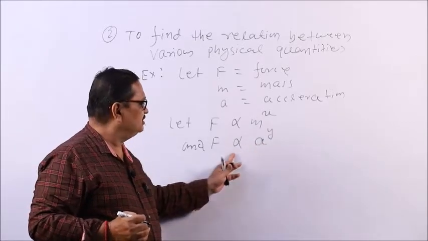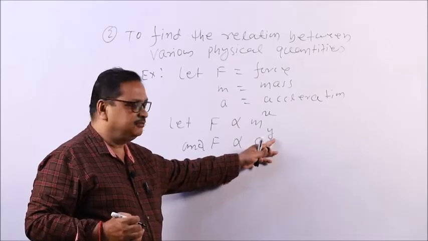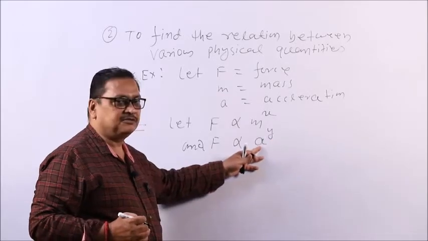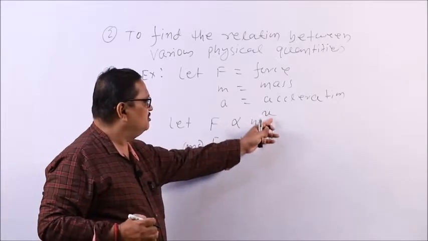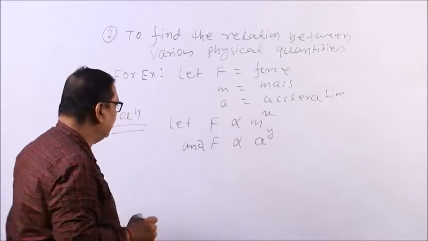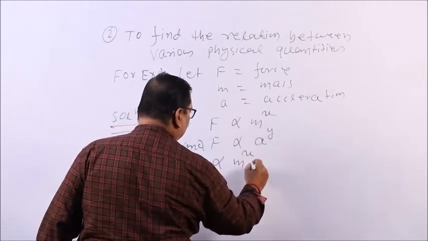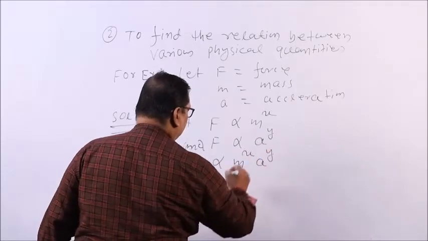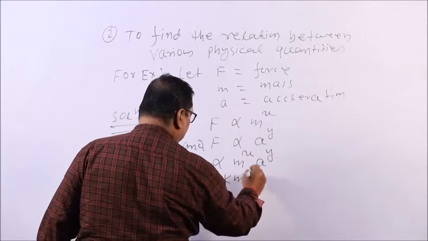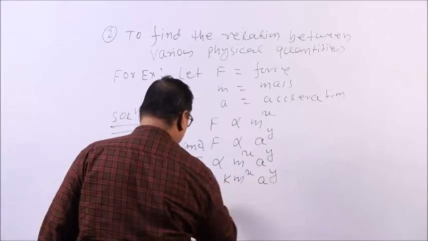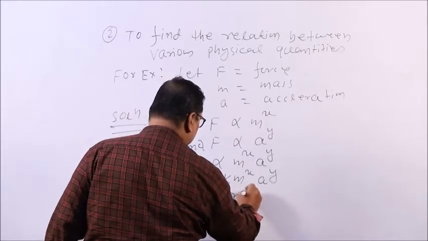If y is positive, then force is directly proportional to acceleration. If y is negative, then F is inversely proportional to acceleration. So, now we have to find out the value of x and y using dimensional analysis. This implies F is proportional to m to the power x, a to the power y. This implies F equals k m to the power x, a to the power y, where k is the proportionality constant,